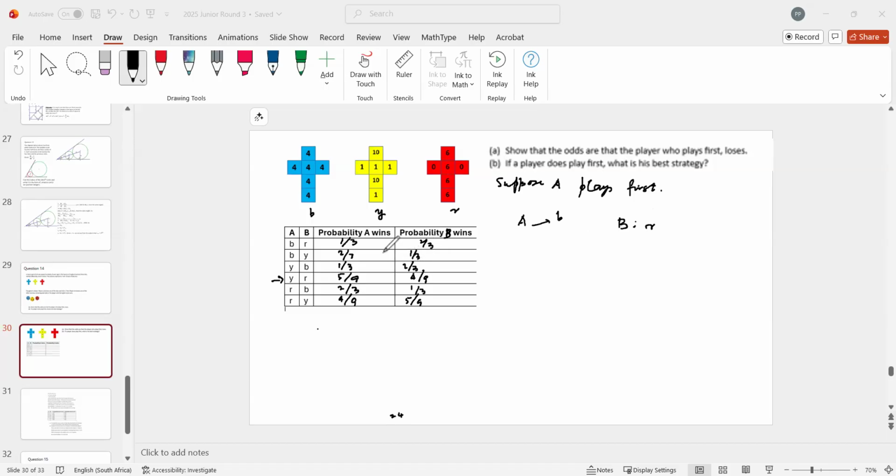If B chooses yellow, then you've got BY, and then B will lose. You see? So if A chooses blue, then B will choose red. Now, likewise, if A chooses yellow, then you've got 1/3 and you've got 5/9 here. Right? You will win with this, but